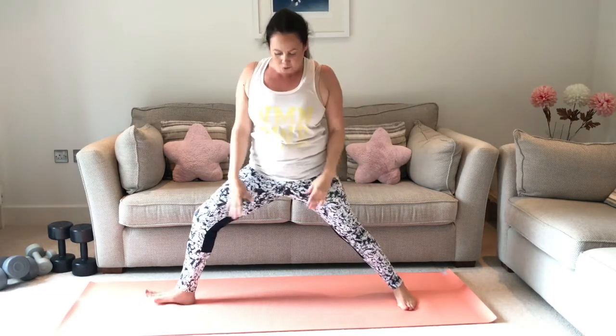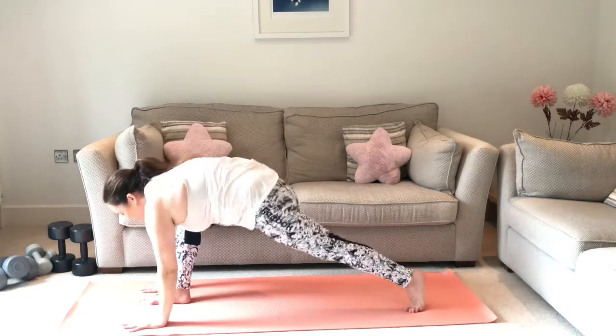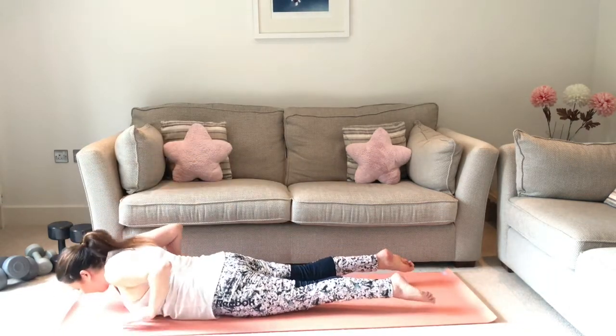And then open it up into warrior two. So this time the foot can be more parallel, turning out from the hip, make sure that knee is back, arms looking along that middle finger, couple of breaths here, and then we're going to windmill down to the floor, leg comes back, chest down to the floor,